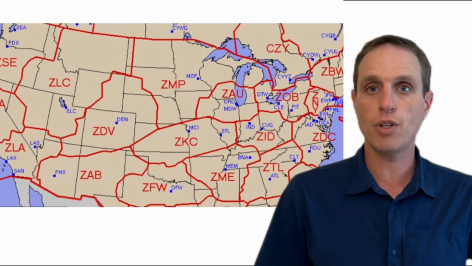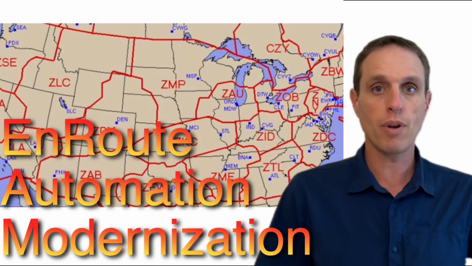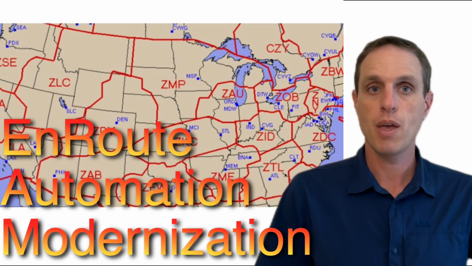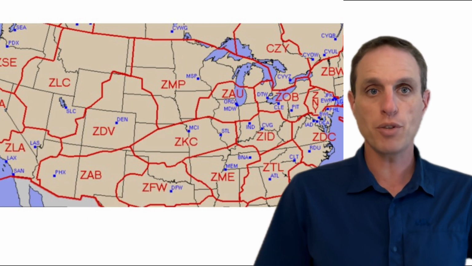We're going to start with the automation design of our national airspace system. The meat and potatoes of air traffic control in the United States begins at the Air Route Traffic Control Center. The main system running each center is called ERAM, which is short for En Route Automation Modernization. ERAM and its subsystems manage the main flight plan information for any flight in the national airspace system. You can think of ERAM as the central nervous system of the NAS.